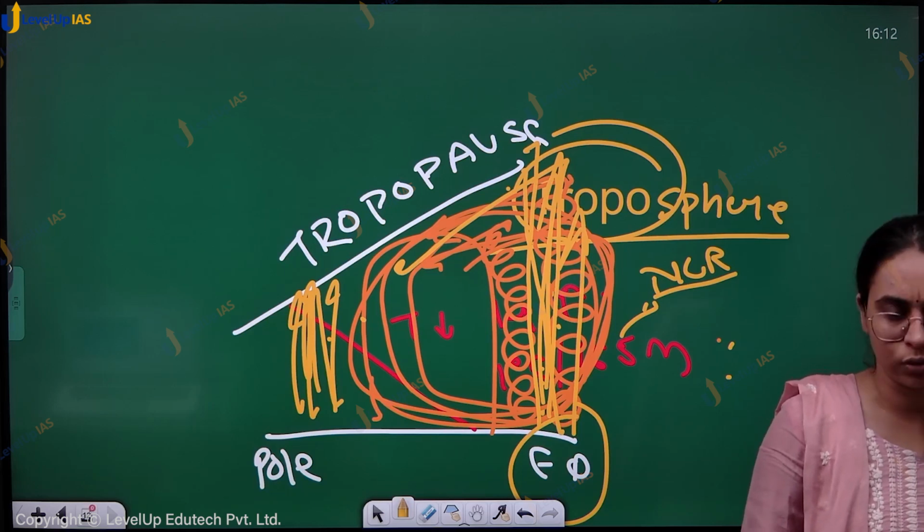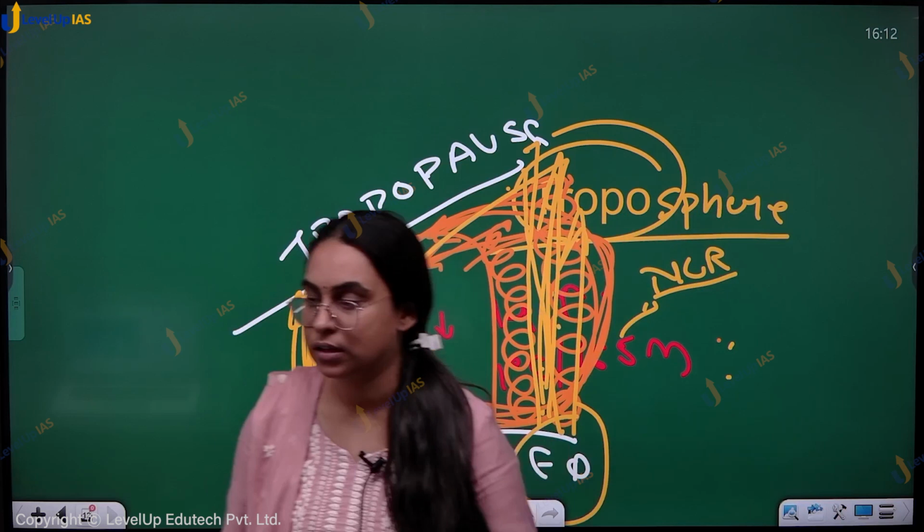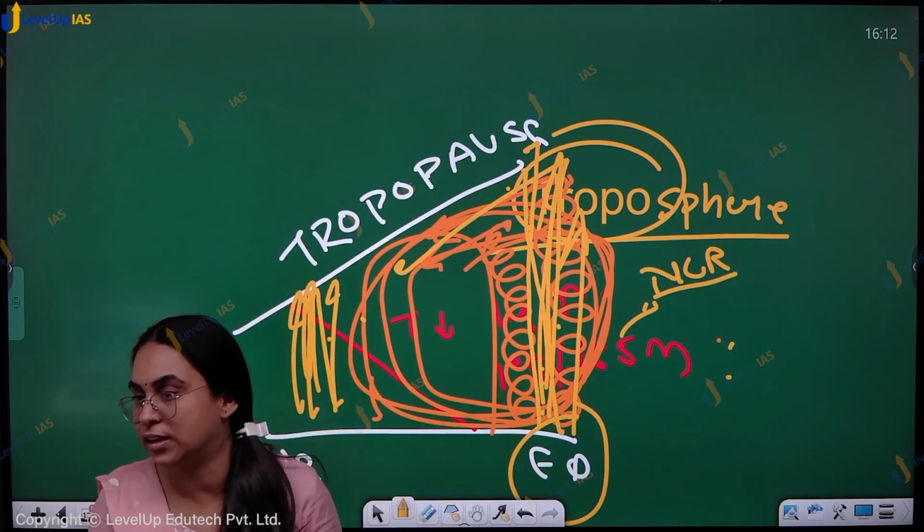Yes, therefore they are cold. Correct, right? Please write: the thickness is greater. The thickness of the troposphere is greater at the equator